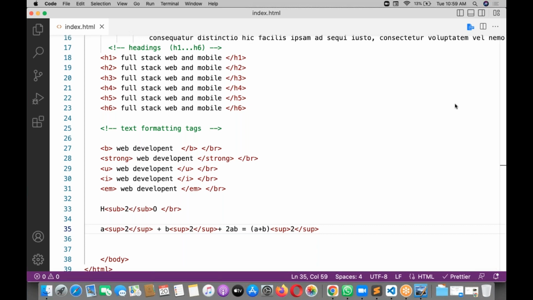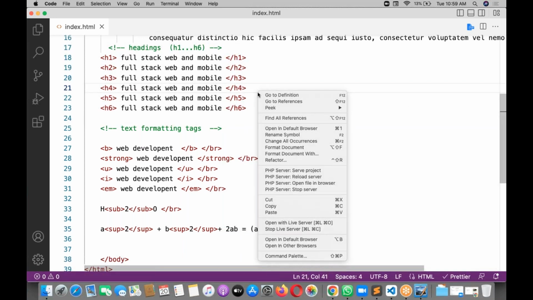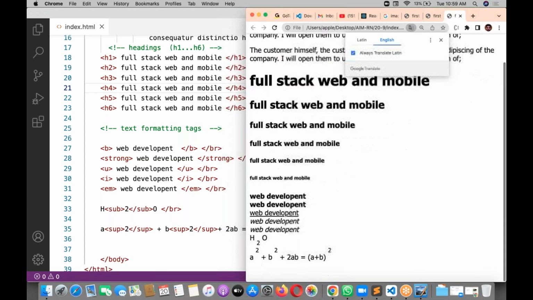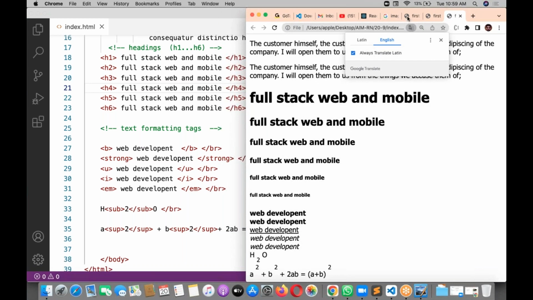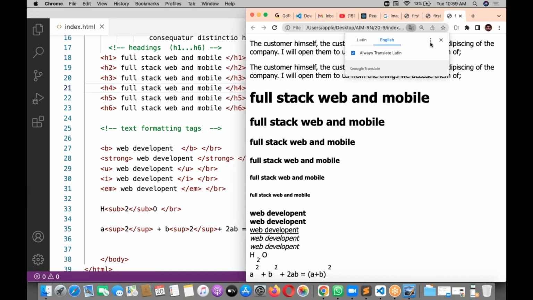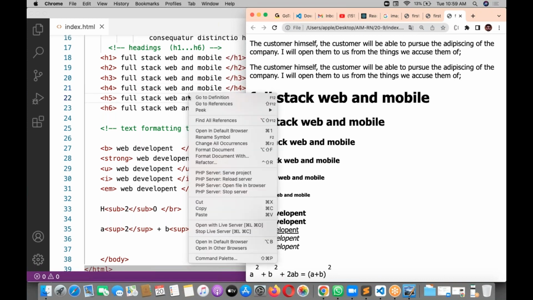Julie, how do you run the output in the browser? Can you explain once? Yes, running the output in the browser is very simple, Julie. Right click on this and open in default browser. I can see the output in the browser. Whatever default browser you have, in that particular browser you can see the output. Got my point, Julie? But the open in default browser option is not available by default.